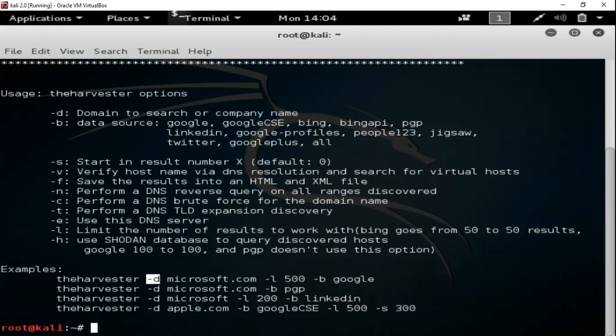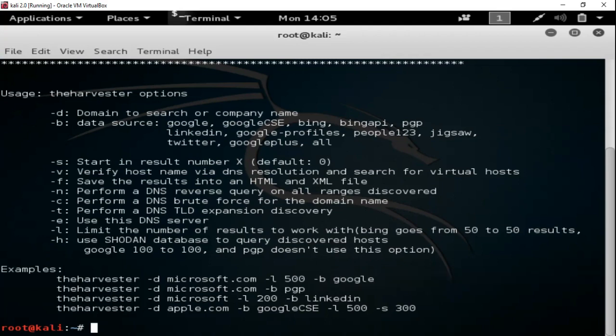So suppose our target domain is microsoft.com, right? -l is used to limit the results, okay, and -b is for source, that which kind of source you are using to find all this information. So in our case we are going to use Google,